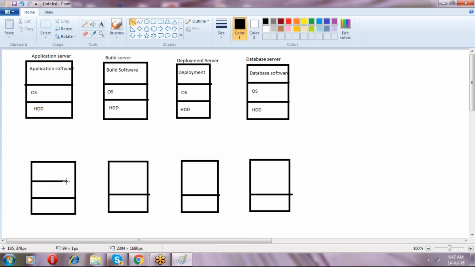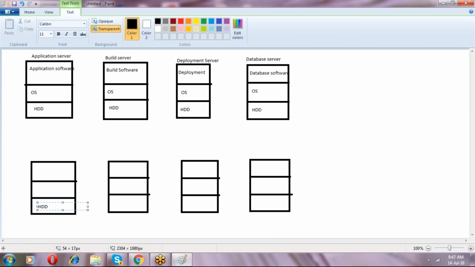Okay, hardware and then OS and then application software. HDD, HDD, HDD, HDD. OS.